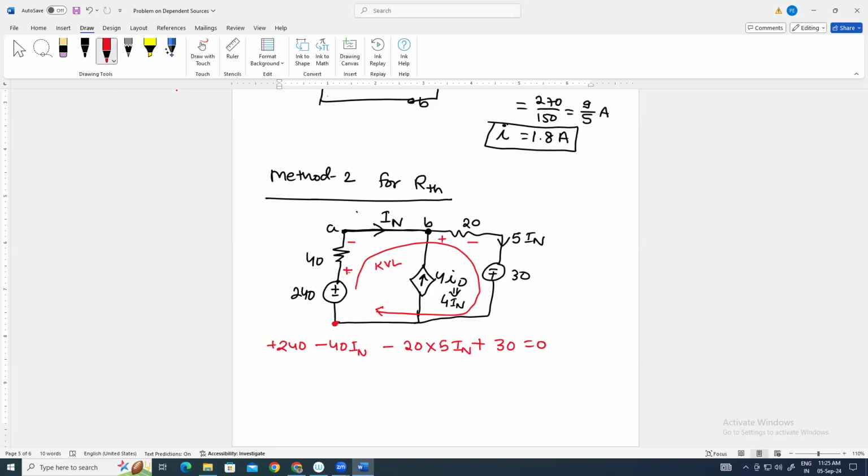Okay, so it will be 140 IN is equal to 270. So IN is equal to